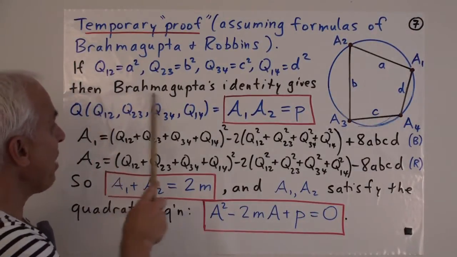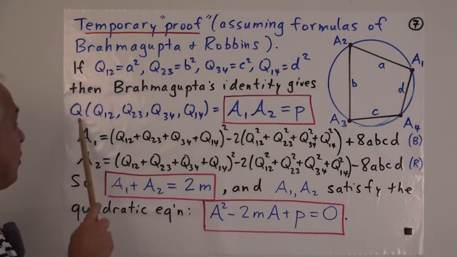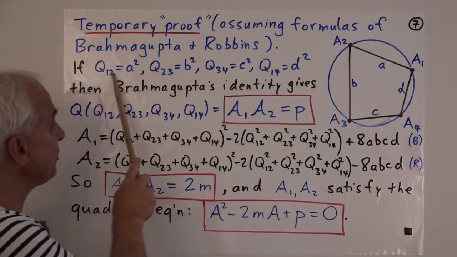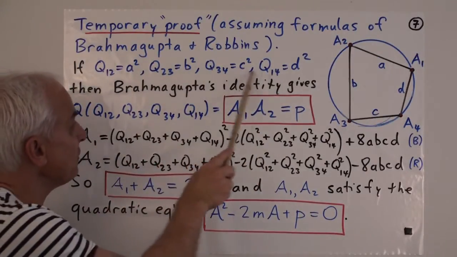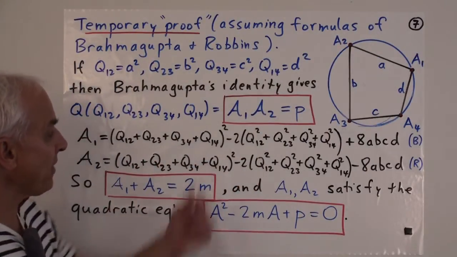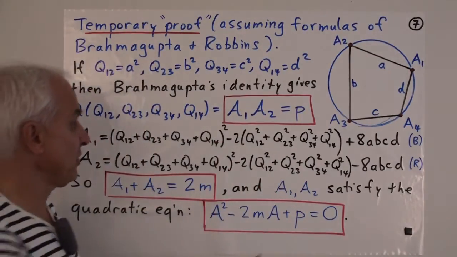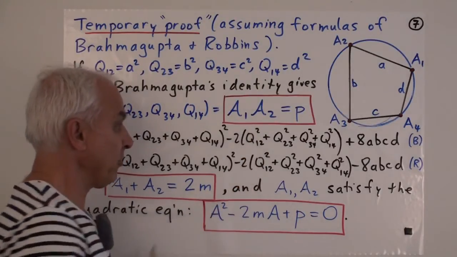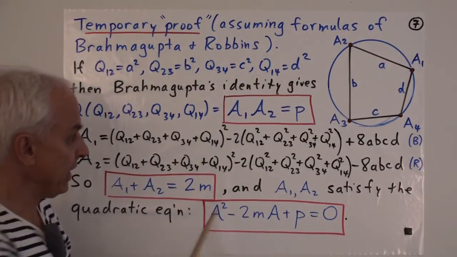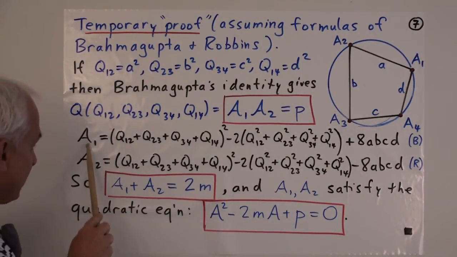Okay, so Brahmagupta's identity, which was what we got when we looked at the quadruple quad formula applied to these four quadrances as squares of distances. Now we saw that that factored into a product of 8 factors. The first 4 we can group together as A1, and the second 4 we can group together as A2. And let me call this P for later reference. Okay, and here's the kind of formula that we obtained for A1 and A2.